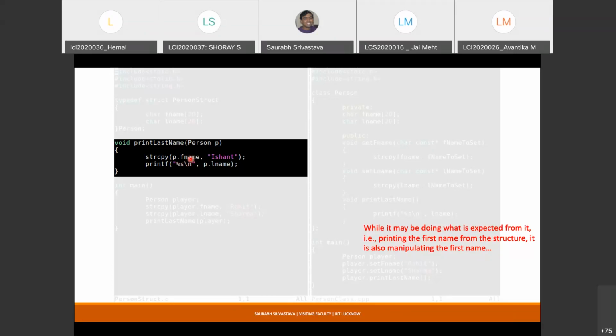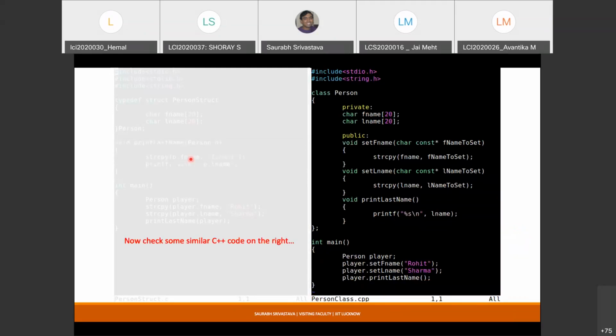They have no privacy as such. Okay? Now let us try to look at the code on the right. I understand that you may not be able to understand much of it, but at least a good part of it is basically just C code. So for now, just ignore this class thing, and just try to look at these private and public things.